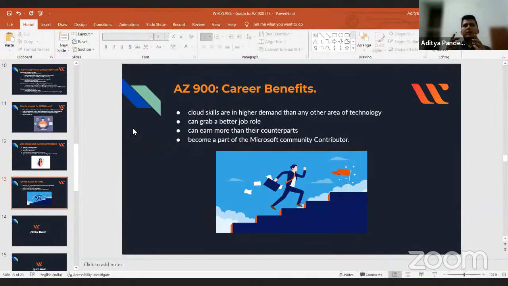I told him Azure administrator. He said no. I told him Azure developer. He said no. Then I told him the Azure fundamentals examination, Azure AZ-900. So he told me yes, this is a very important certification, you should prepare for it. Then I didn't tell him anything. I was very happy that I had already cleared this examination. So just think how important it is for you to have this certification and how much value it can add to your resume, right?